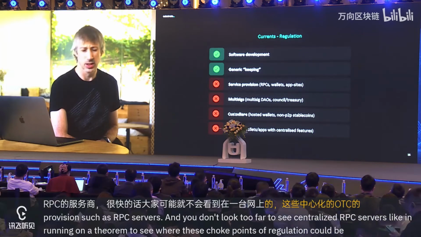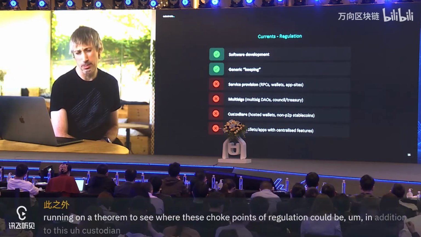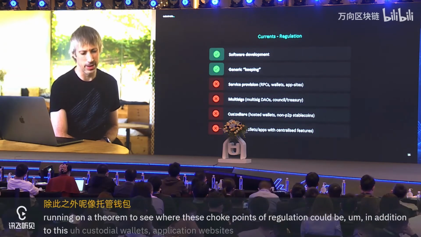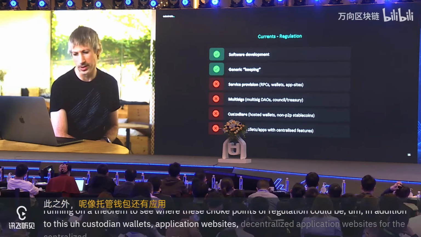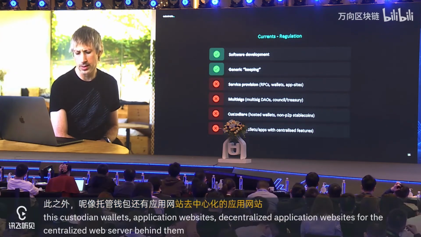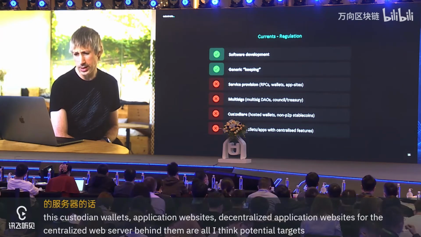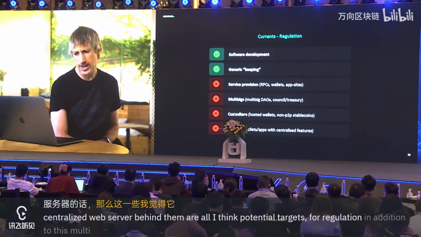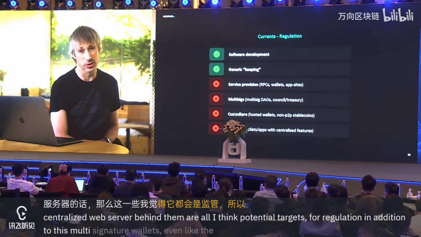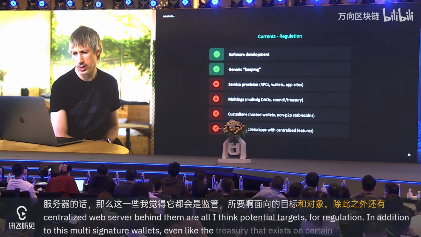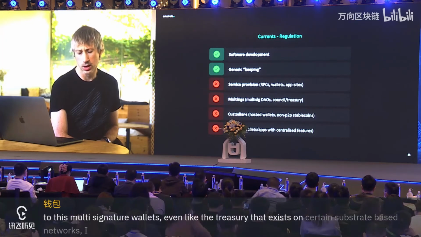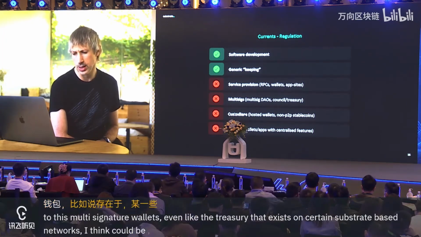In addition to this, custodial wallets, application websites, decentralized application websites with a centralized web server behind them are all, I think, potential targets for regulation. In addition to this, multi-signature wallets, even like the Treasury that exists on certain substrate-based networks, I think could come under regulatory scrutiny.